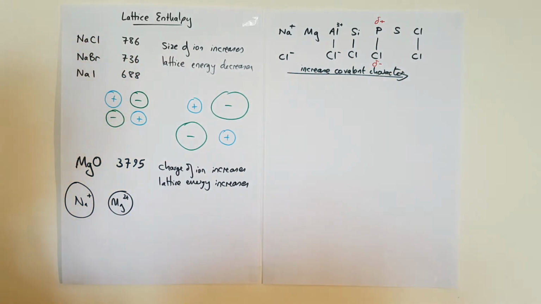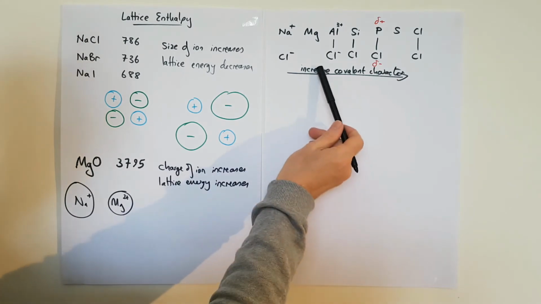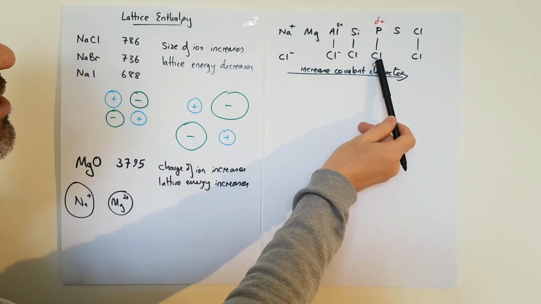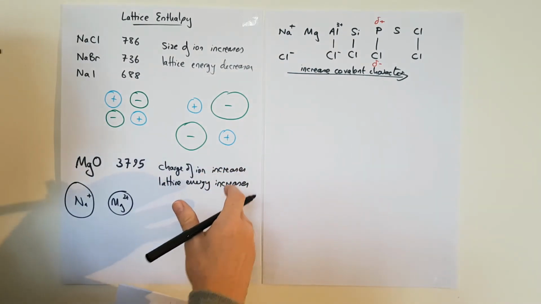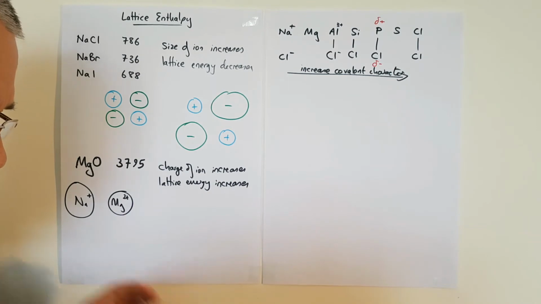character. So it's possible to have an ionic compound with some covalent character. In the same way, it's possible to have a covalent compound with some ionic character. It's not quite as cut and dry as some things are ionic and other things are covalent. Now, with that in mind,